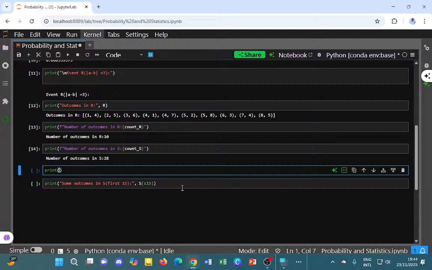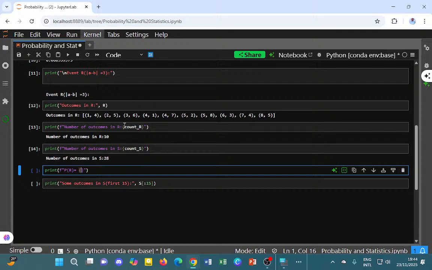I call a string first, like that. And I'm saying you print probability of R as such. Probability of R is equal to, I bring the curly braces,